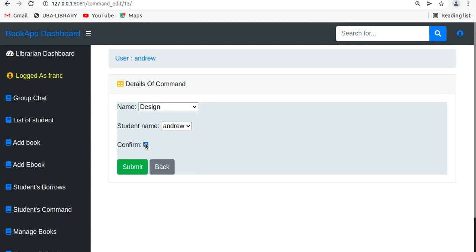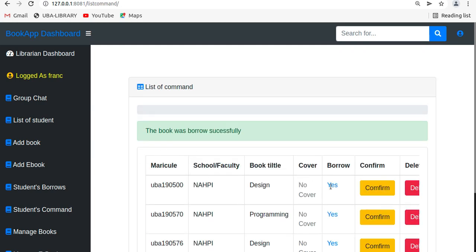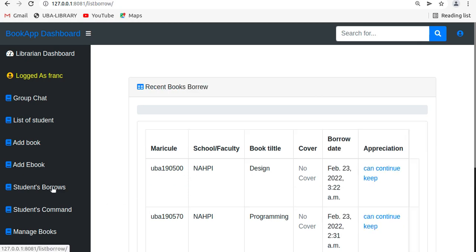So when he confirms it, submit, now you can see here is yes, this book was borrowed. It was no, right? Now is yes. If we go to the list of students who have borrowed book, you are going to see the matricule of Andrew now, right? Now if we log out